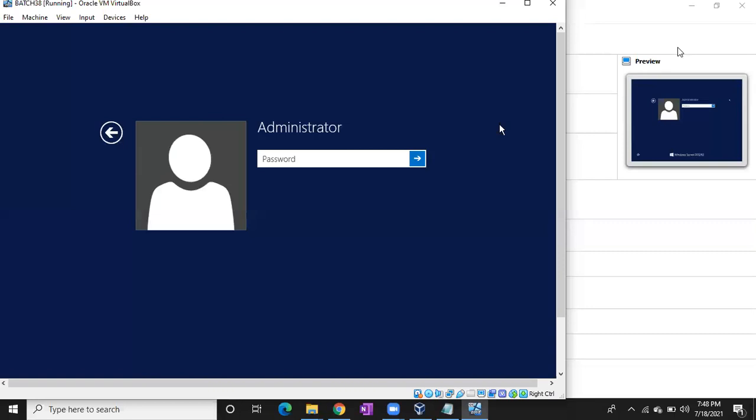MSTSC. From where to where are you going to connect to the servers remotely? Where are you going to type that MSTSC shortcut?